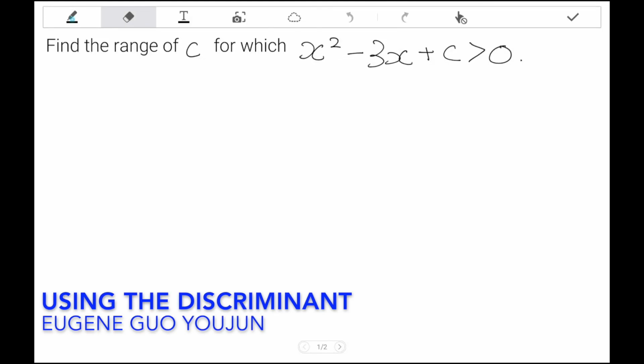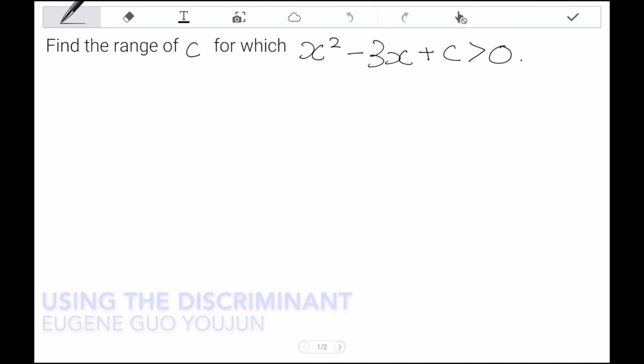Hello, and welcome to our lesson on discriminant. Discriminant, or b squared minus 4ac, is something that we will be using to solve this question. Now, I'm assuming that you have learnt b squared minus 4ac, or the discriminant, already, or the three different types